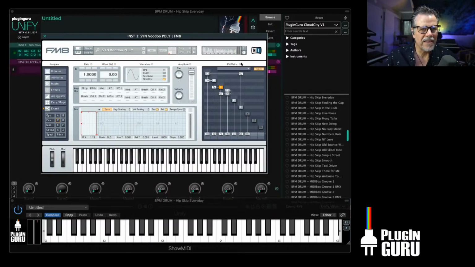So if you own these libraries, don't be afraid of playing with this matrix because you can modify these patches in really cool ways. And really, really fun stuff. So,